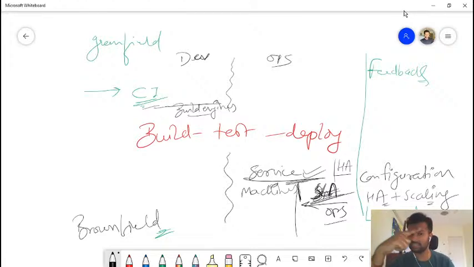We are starting from the right side, with ops first and then moving to the dev side. So they would say, okay, if something fails, will the devs be responsible? Say, all right, they would be, unless we actually set up a good funnel for them as well. I mentioned a term, funnel. What is it? Let's call it quality funnel.